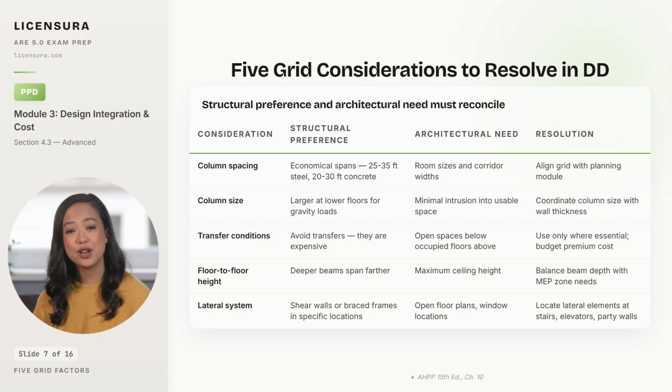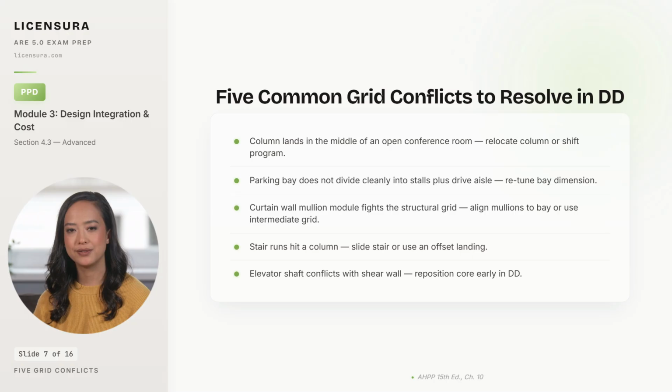5 common grid conflicts surface in every commercial DD. Catching them early is the architect's job. 5 common grid conflicts that show up in commercial DD, and that the architect is responsible for catching before CD issue. First, a column lands in the middle of an open conference room or a key program space,